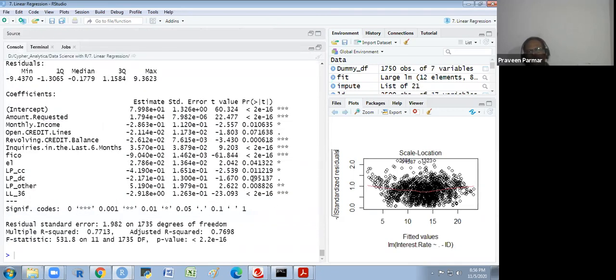It is a little bit more than 0.05. If you want to consider it, you could. It is not much difference: 0.09 and 0.07 are just a little bit greater than 0.05. If you want to consider these variables, you consider them; if you don't want to, you don't. Wherever there is an asterisk and a dot, we have to consider it mostly. The asterisk we have to consider, the dot depends on you, whether you want to consider it or not. Got it?